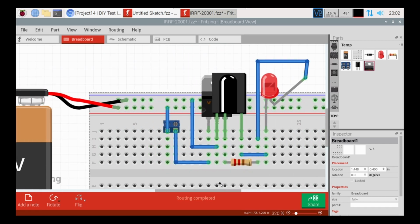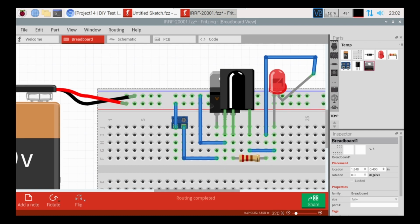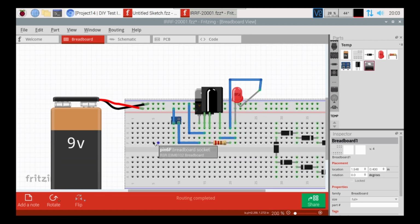So right here I'm just going to bring it like this, and we'll pop it out here. Okay, so from our battery we've got our ground wire coming in, and then we have our ground wire coming over to the first pin on our TSOP, and that's going to be our ground line. And then on our LM7805, the ground pin is going to be that middle pin, and then our second pin here,